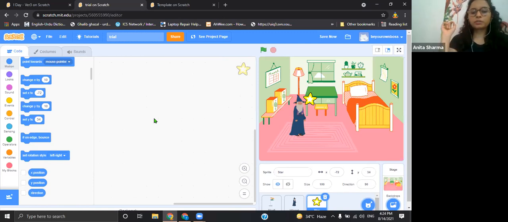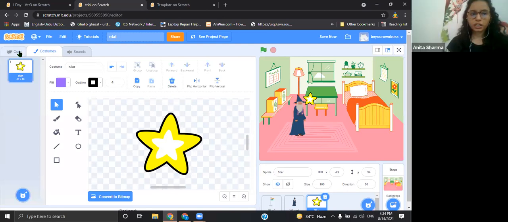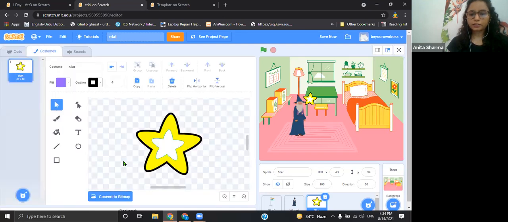Okay, so here we are going to use one more costume for the star. So again, I'll go to the costume of this star. There is another tab for costumes. We were coding using this code, but when you switch to this costume tab, you can see the costume of this star. But we want another costume so that when the wizard touches, it will turn to that costume.